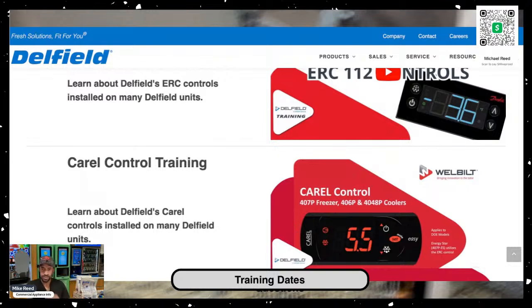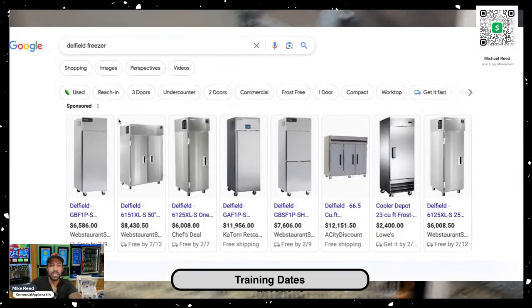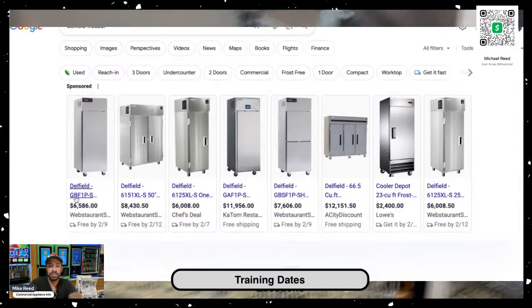And then earlier this year, this is Delfield. Let me give you a little bit of a tour. The 406P, so it's the 407's for Delfield, brother there. So you can see cooler instead of a freezer, and then the 4048, which is just a two-door cooler. So we have those controls in those. And Delfield has hot boxes. So as you can see here,